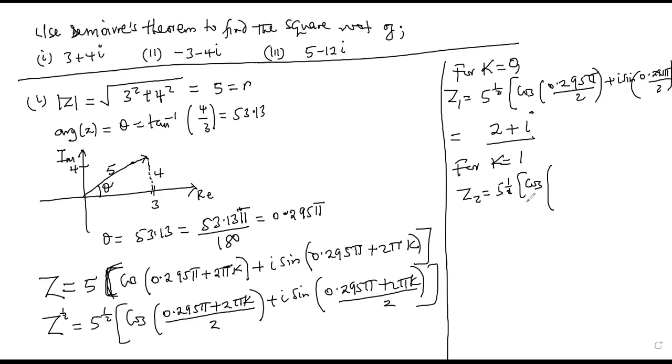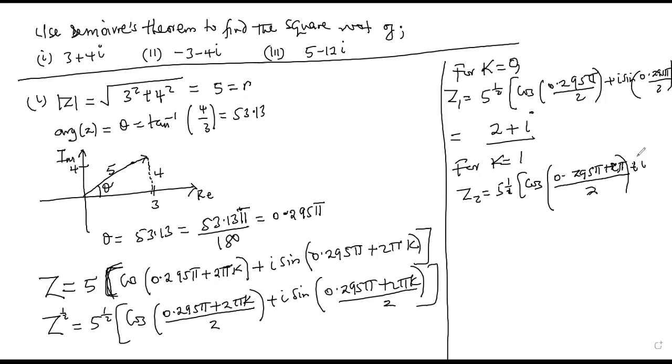Now it means that where k is, we shall be having 1. So we shall have 2 pi plus this pi. So it will come to 0.295 pi, of course, plus 2 pi, because k is 1. So we shall add 2 pi out of 2